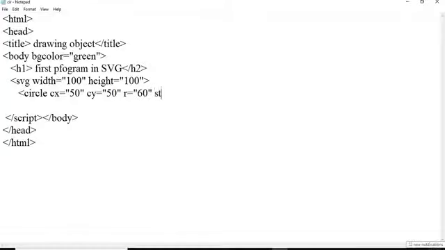and the stroke is, then we can have attributes like stroke width. So the stroke width we can have as, I'm giving 4, then the attribute fill, I'm going to add yellow.